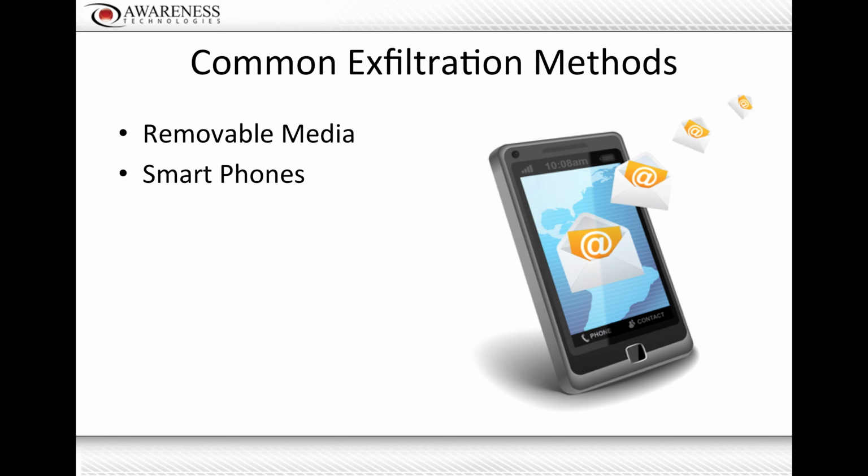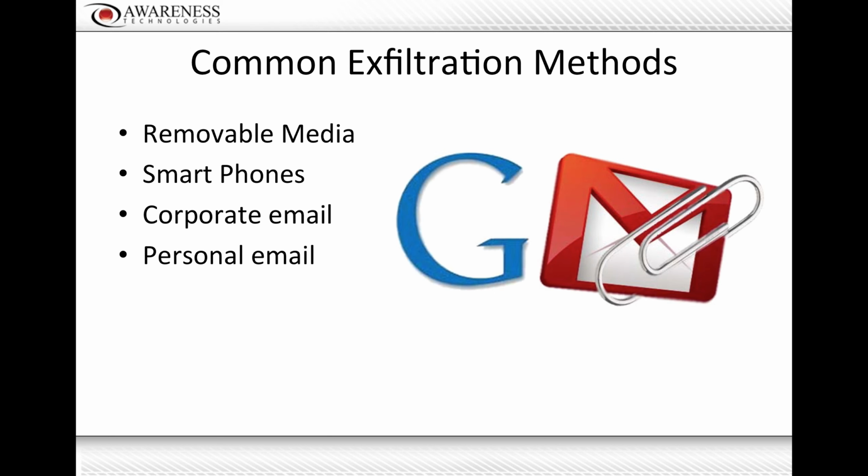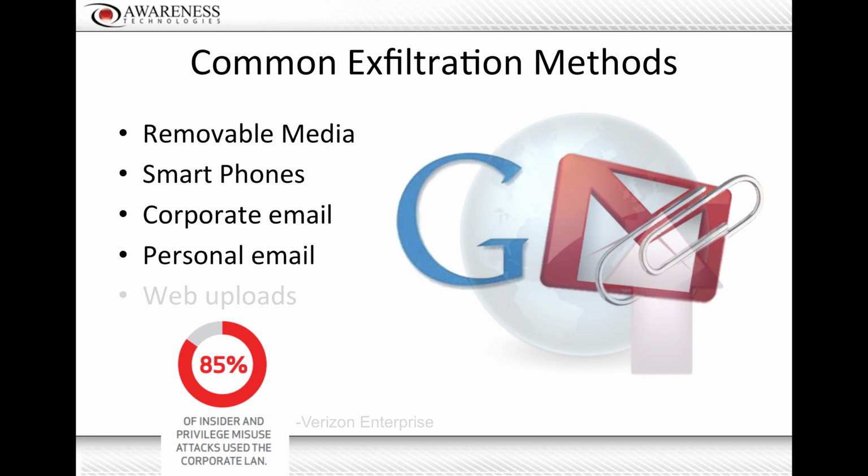And so all the data that I have in one place should be treated the same way when it's in another place. Corporate email, personal email, and basically the relationship between those two. So you have people that can take something from corporate email and send it out via personal email. Maybe they can't do it on their laptop, but can they do it on their cell phone? Can they create a new message right on their iPhone and take a message and forward it from their personal? Can they copy that message and put it out in their personal? So not just the individual components of those, but how they relate to one another.